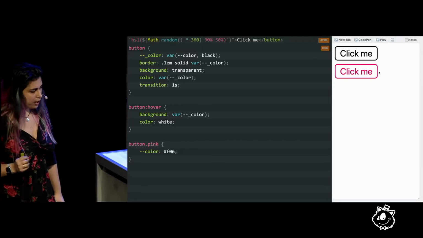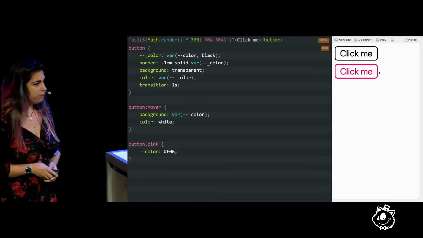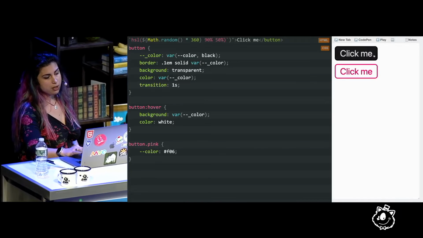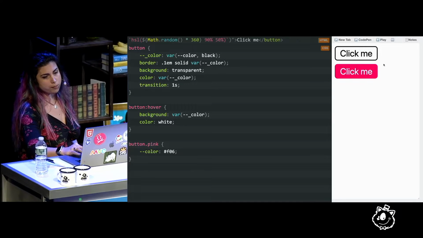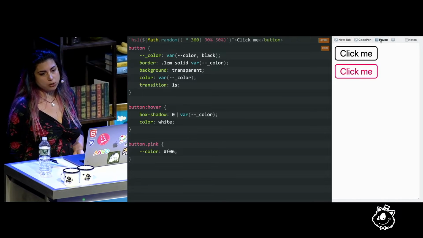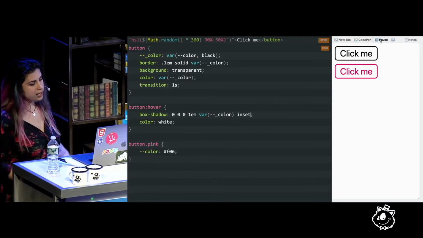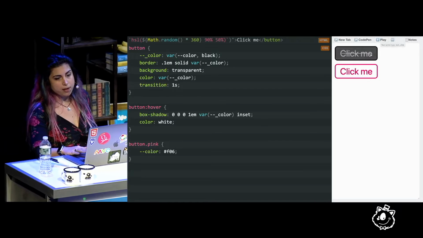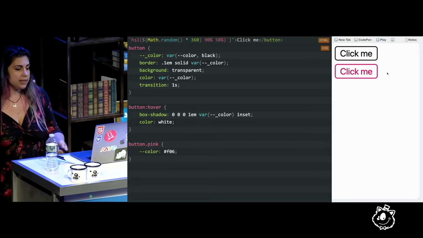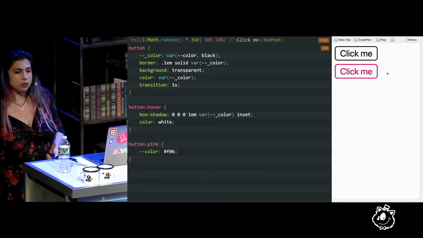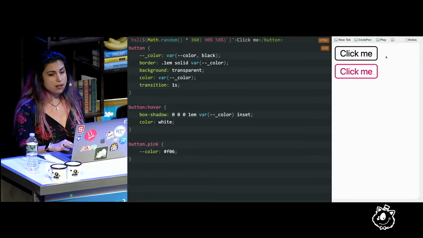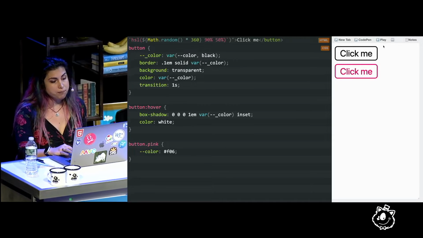So we were thinking, how are we going to do that? Well, you know what? We can emulate that with a box shadow. So we can go onto the hover rule and change the rule that sets the background color to the button's main color to instead be specified with a box shadow, an inset box shadow with a large spread. And now it does the hover effect we wanted. And why is this in a talk that is not about transitions? It's a talk about CSS variables. Because it highlights a very important thing that CSS variables afford us.